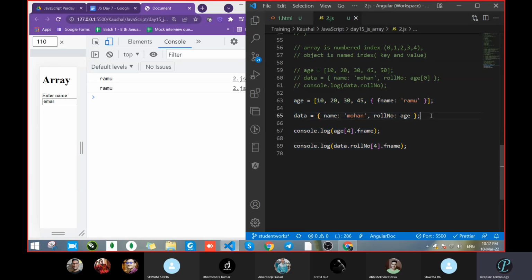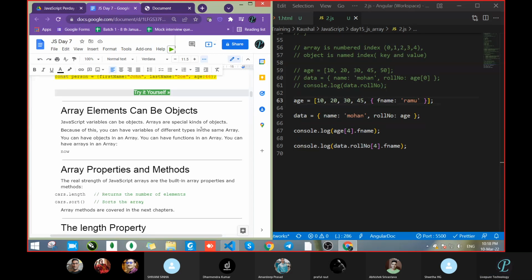First one is object. Inside object, array is there. Then inside array, object is there. You are accessing data, array, object, that way. Clear, everyone? So this way we can access the data.